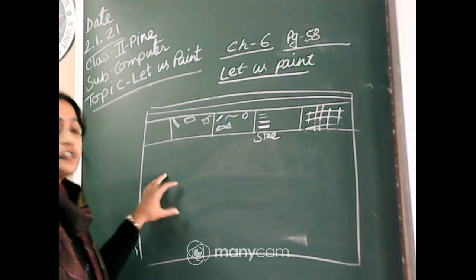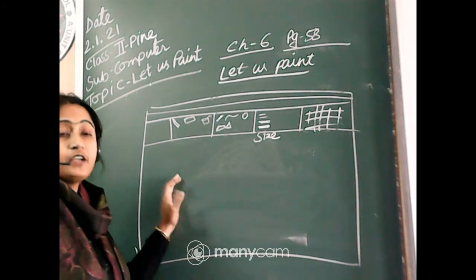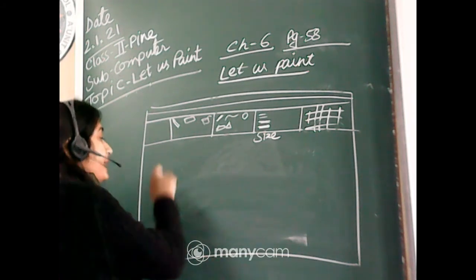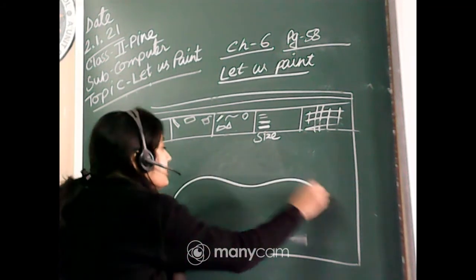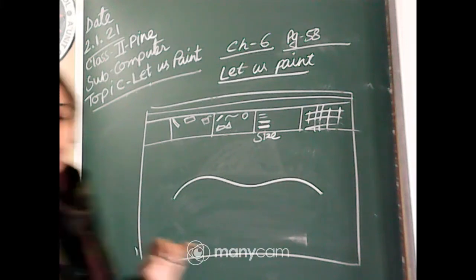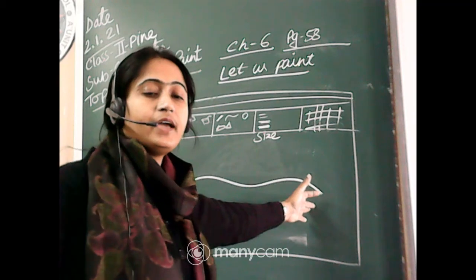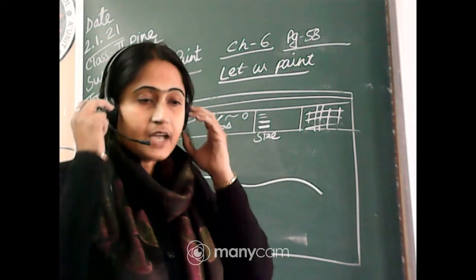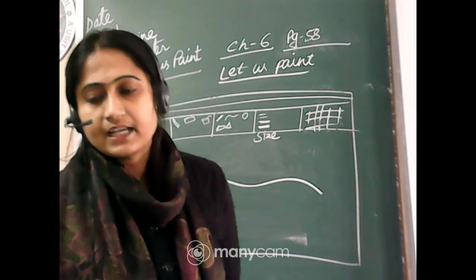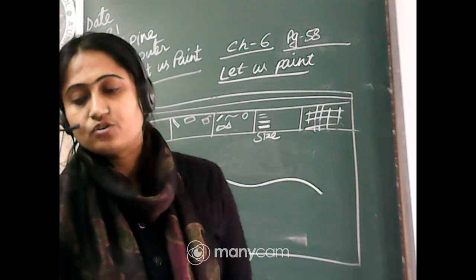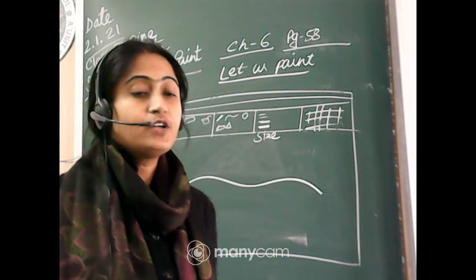Then bring the mouse pointer to where you want to draw, and then press the left mouse button, hold it and drag it as much as you require. Okay, then you can draw this type of curved line in your drawing area. Click and drag the pointer to draw a line. Move the pointer to the point where you want to add.